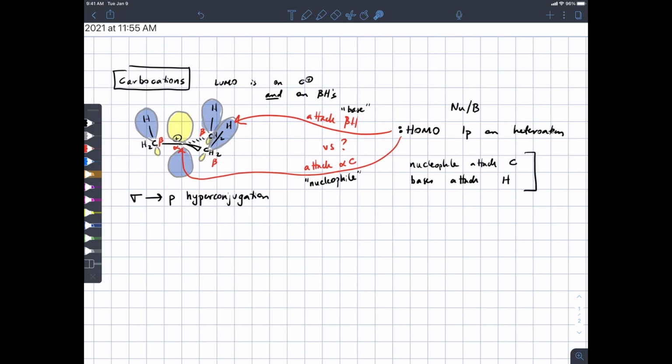That's on purpose, but we will quickly get to examples where there are different kinds of beta protons on different adjacent alkyl groups, and we will need to decide what the outcome is. In this case, it doesn't matter whether you attack the one I've shown or the other two, they're all the same. But yeah, we will see that there are different kinds of beta protons, and we'll have a fundamental way of talking about which one leads to the major product.